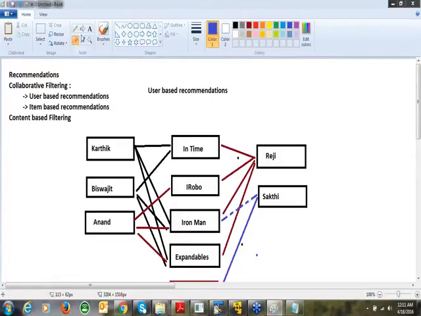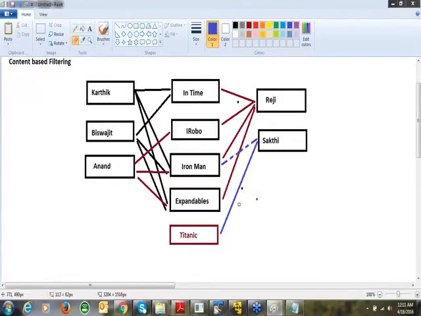On the other hand, item-based recommendations is basically where you compute the similar items. Let's say in this movie, the similar items are In Time, iRobo, and Iron Man. These 3 could be similar movies, because similarities will again be computed by users only, folks. Based on users' watching behavior, similarities will be computed, and you do item-based recommendations rather than